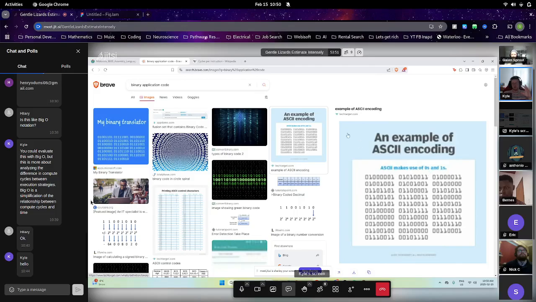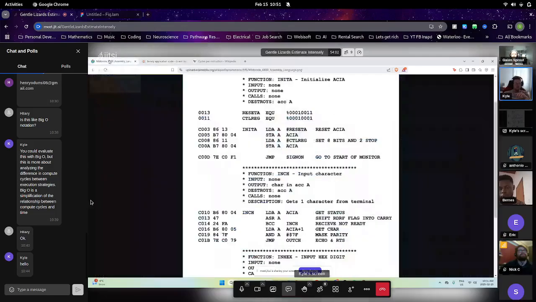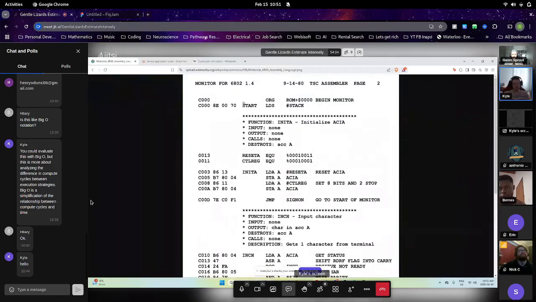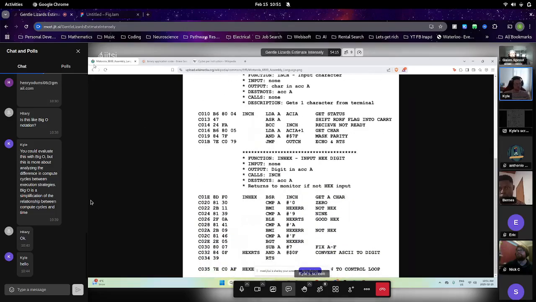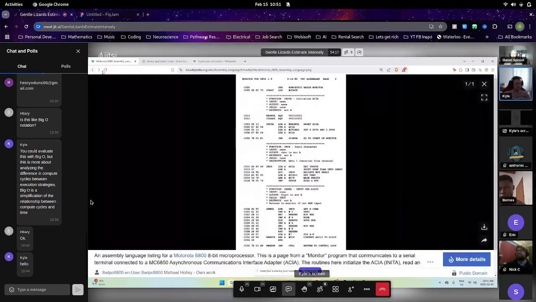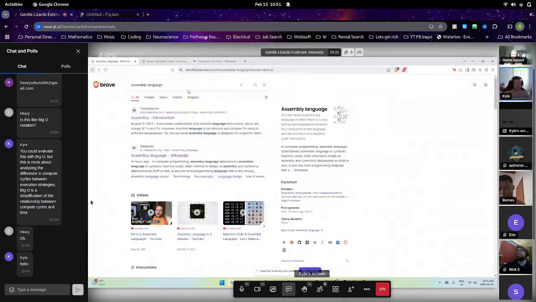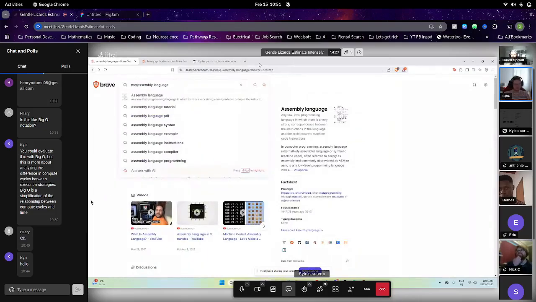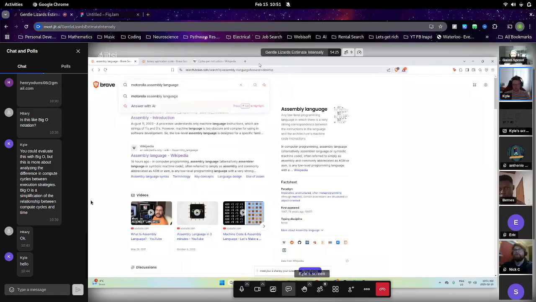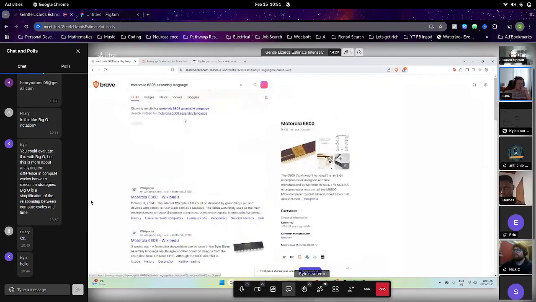It gets very complex. The people who wrote this are geniuses, so let's just simplify it. Basically, these instructions tell your CPU what to do. The way this can be somewhat understood by humans is through what's called assembly code. Assembly code is a list of instructions. I'm going to use the one that I understand. We used Motorola 6808 assembly.